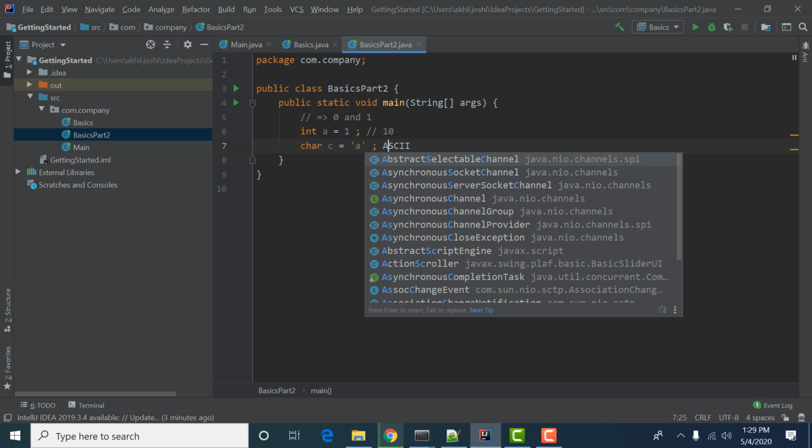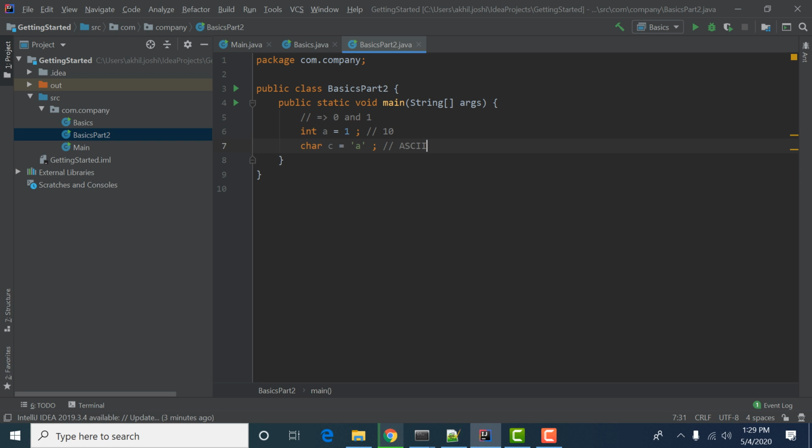From the ASCII value, it will take the corresponding value which is in the form of an integer. For example, let us suppose it has a value of 65. So this 65 will convert into 0s and 1s, whatever the number is. So I think you are now getting the idea of how our computer understands the things we are doing.